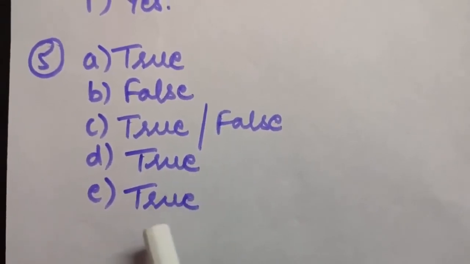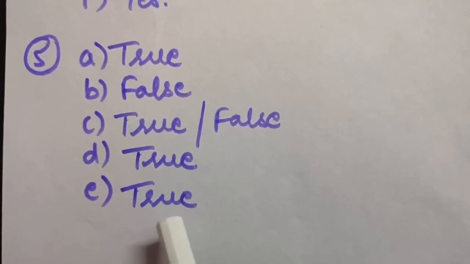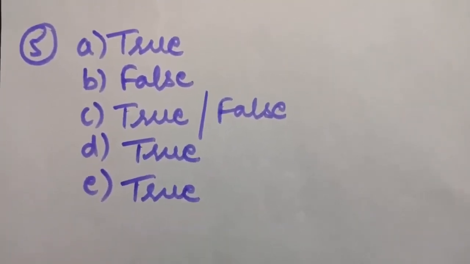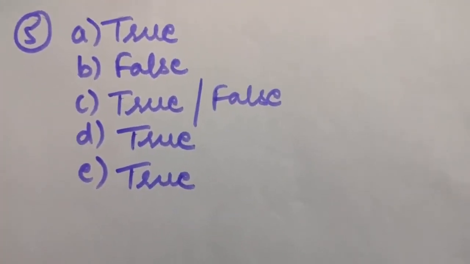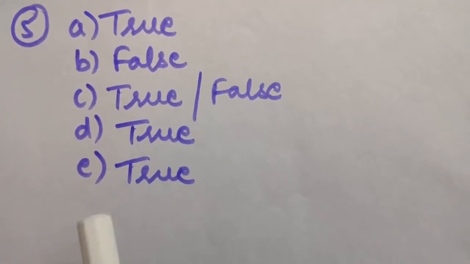Okay. E part says three vectors not lying in a plane can never add up to give a null vector. This is also true, because if there are three vectors which are not lying in the same plane, you can neither subtract them nor add them to get zero. Therefore, they cannot give a null vector.